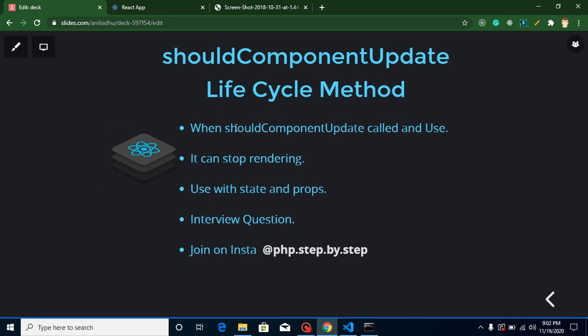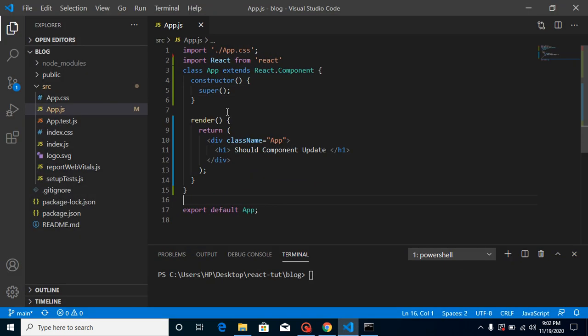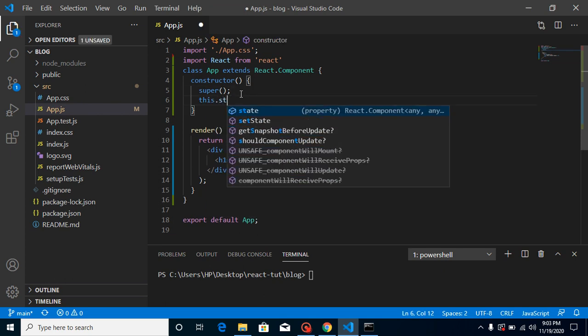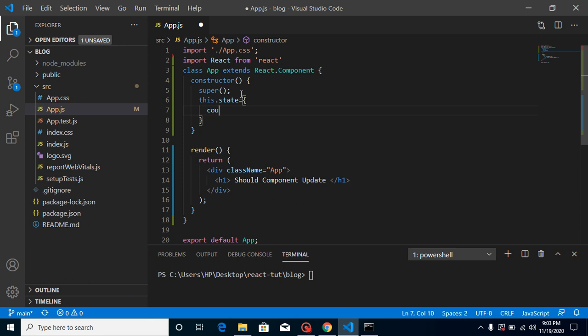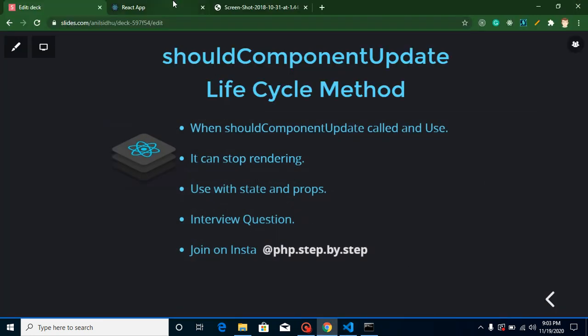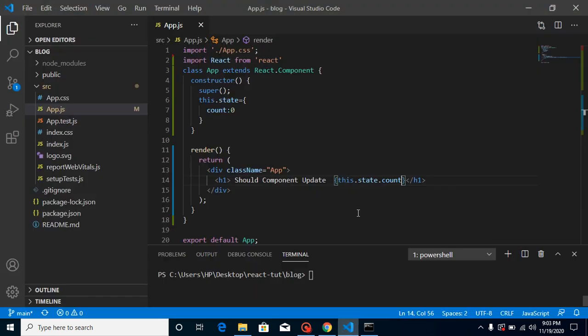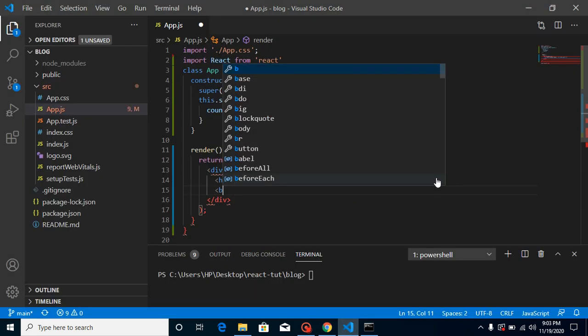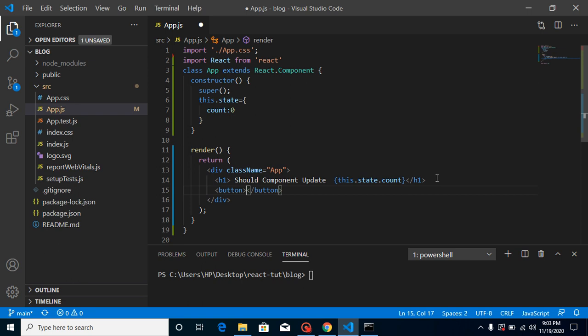I will show you everything. So now let's get started with the example. First of all, you can see that I have a class component. I'm going to define a state here, this.state, and let's say my state name is counter. Just make it count, and by default its value is 0. Let's print it, this.state.count. Now I'm going to make a button, and on this button click we will update this counter state.